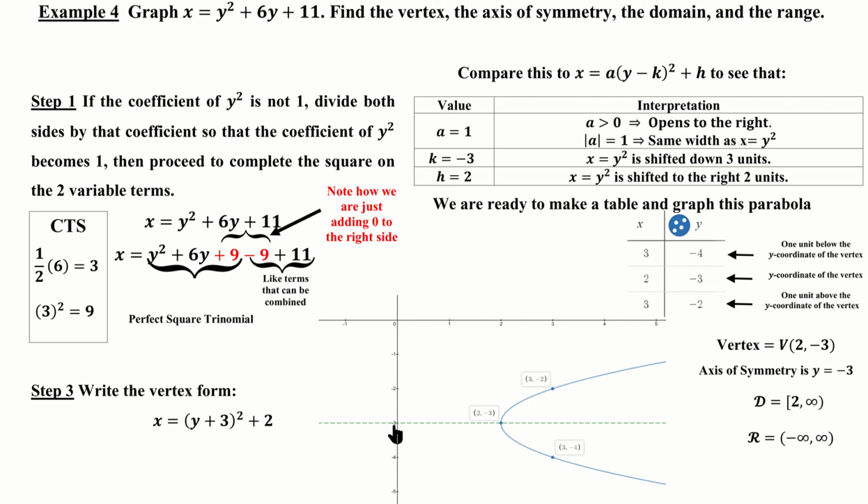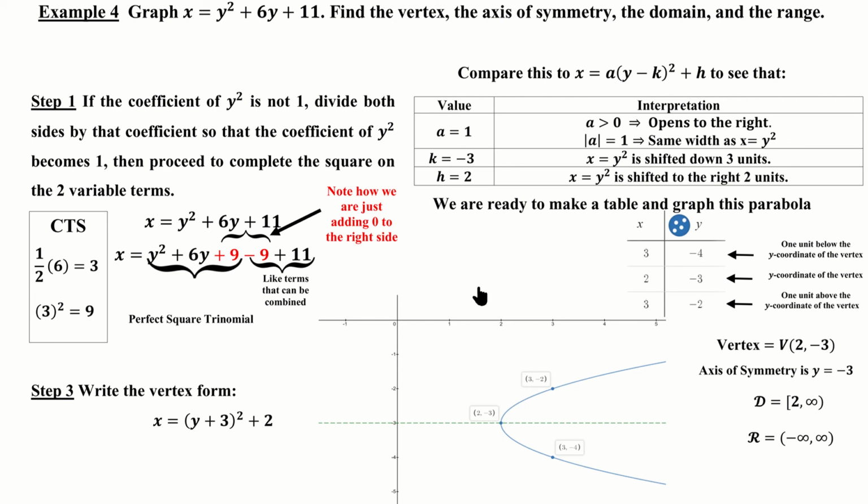So y equals 2 in this case. Pardon me, k. See how easy it is to make that error. k is -3, so y equals -3. Remember, x equals 2 is up here, so we don't want that. We want this horizontal line, which is y equals